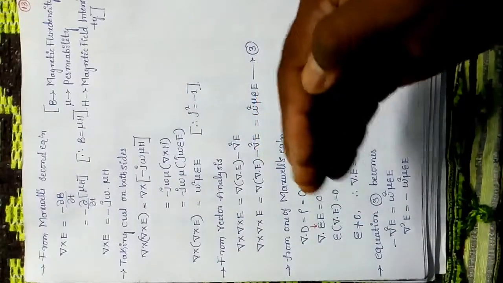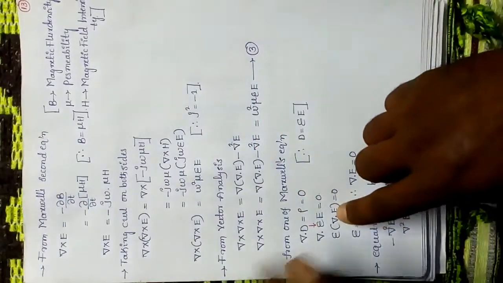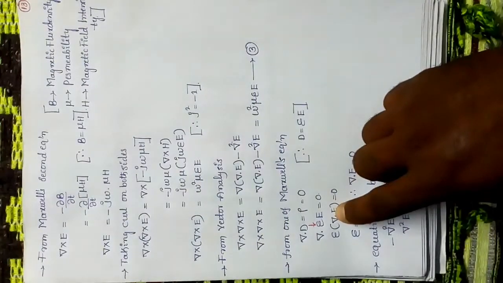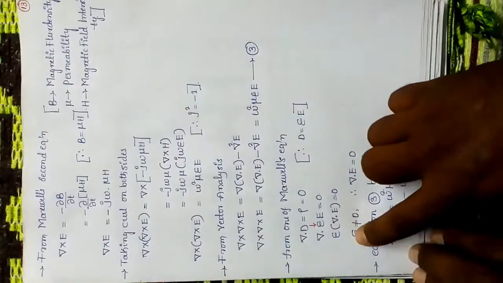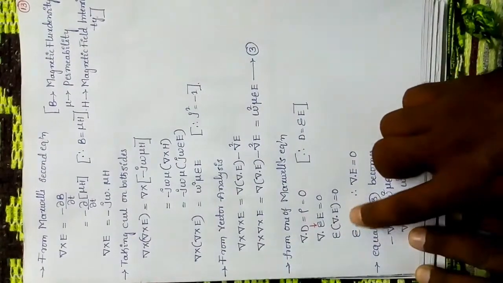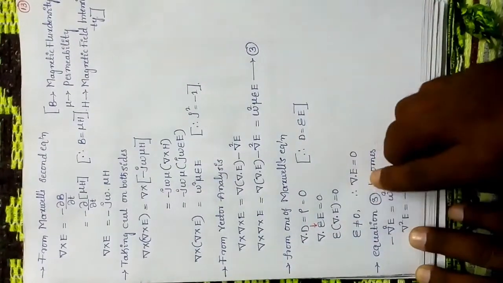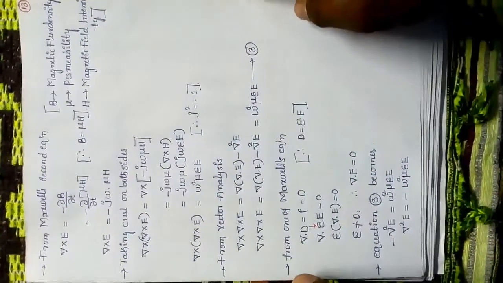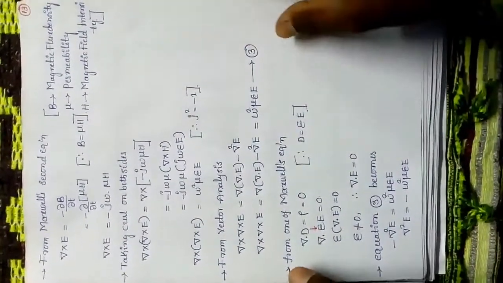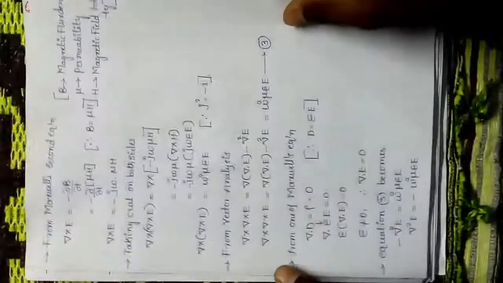If by any chance something is equal to 0, it would be some variation terms, but not the constant. Remember this. Epsilon is not equal to 0, therefore del dot E is equal to 0. From equation 3,